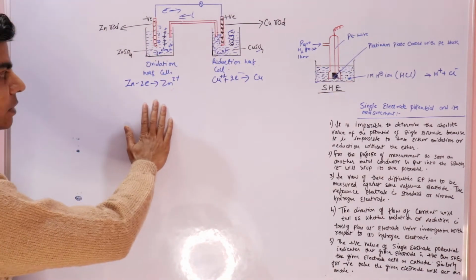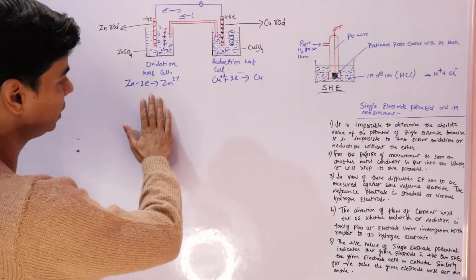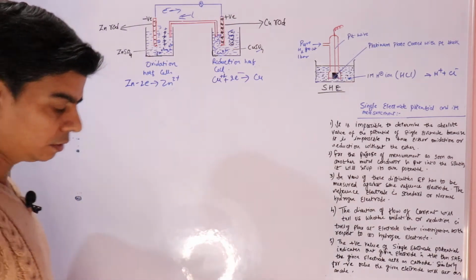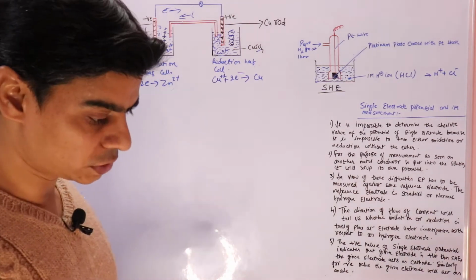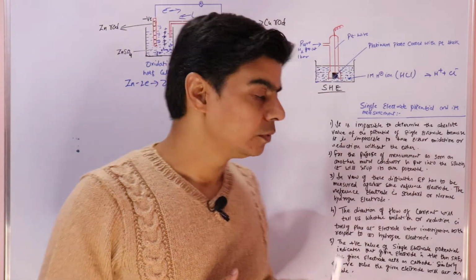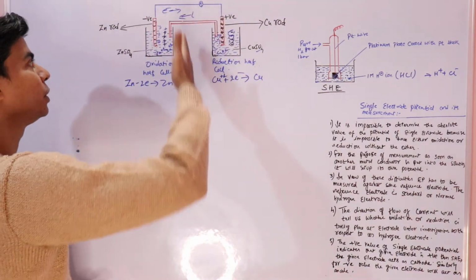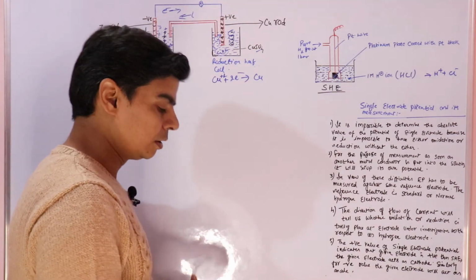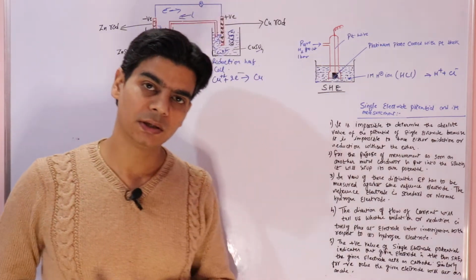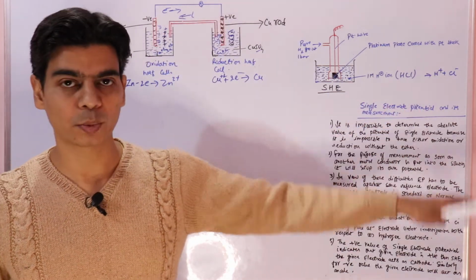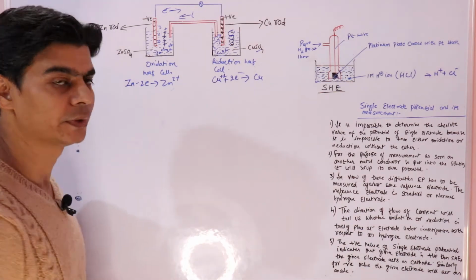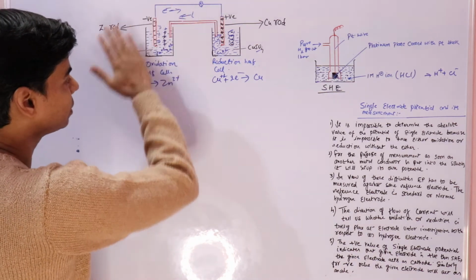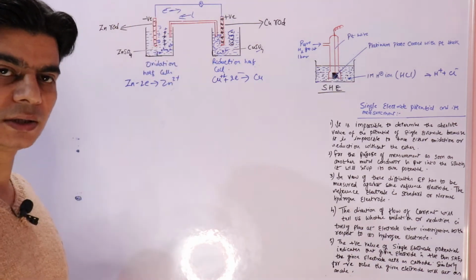So here oxidation occurred in this half cell, and in this half cell reduction occurred. Now suppose we want to find the electrode potential of this zinc electrode, which is called the single electrode potential. Would we be able to find it without copper? Without copper we would not be able to find the electrode potential of this single electrode, which is the zinc electrode,